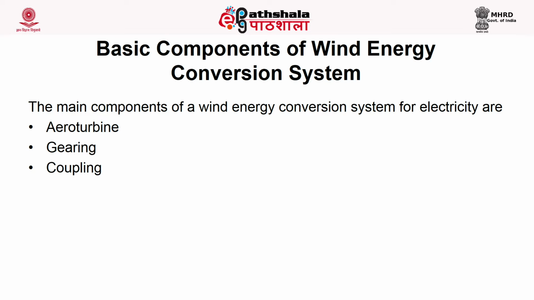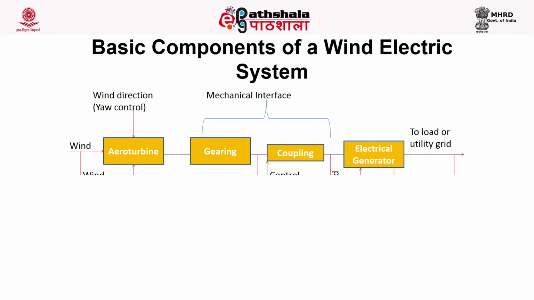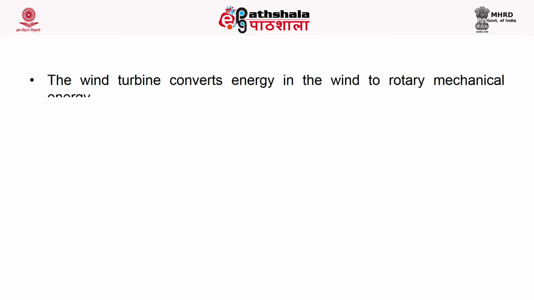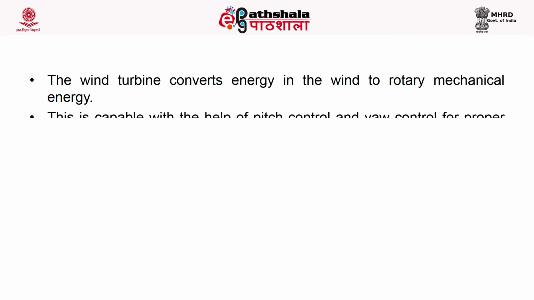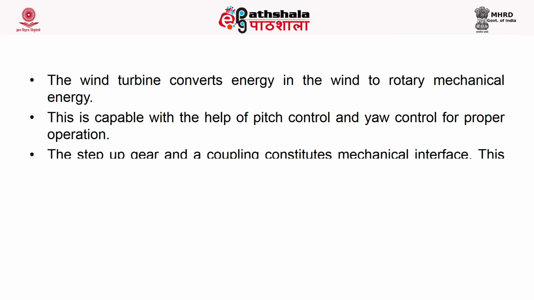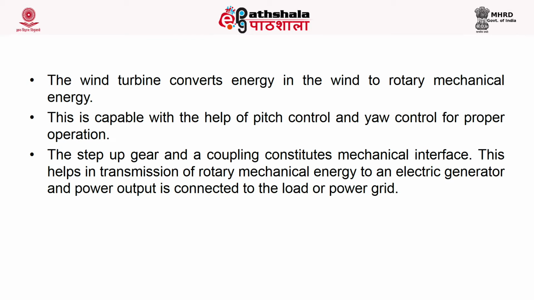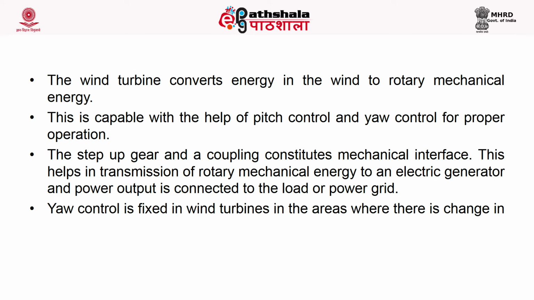Let's start with the basic components of a wind energy conversion system. The main components of a wind energy conversion system used for electricity production are aeroturbine, gearing, coupling, electrical generator and the controller. This figure shows the basic components of a wind electric system. Here, the wind turbine converts the energy in the wind to rotary mechanical energy. It is capable, with the help of pitch control and yaw control, of proper operation. The step-up gear and a coupling constitute the mechanical interface. This helps in transmission of rotary mechanical energy to an electric generator, and the power output is connected to the load